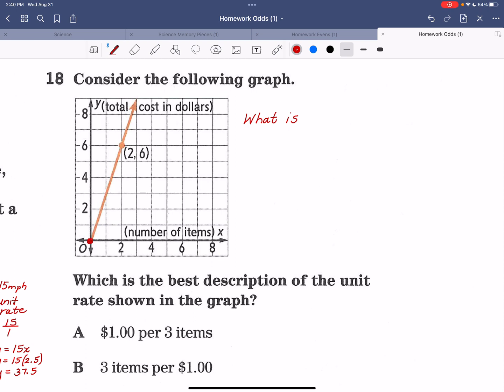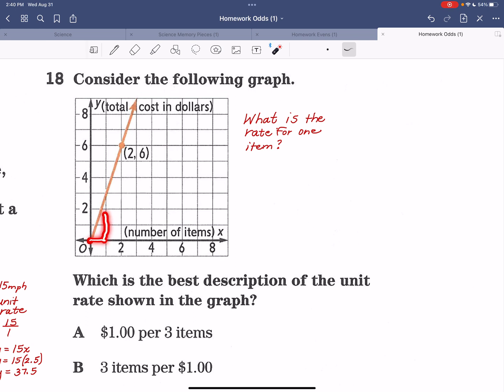If I'm looking at proportionality, I always want to know what is the rate for 1. And in this case, it's items. In the last example, I think it was hours. What is the case for 1 item? So, when I go over to 1,